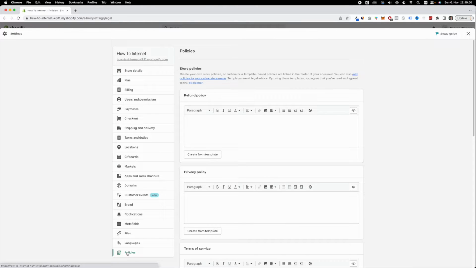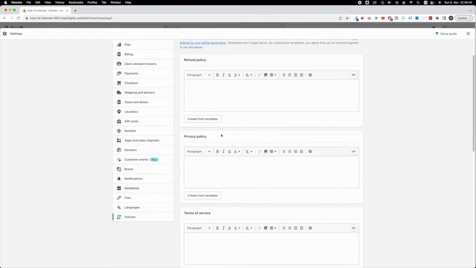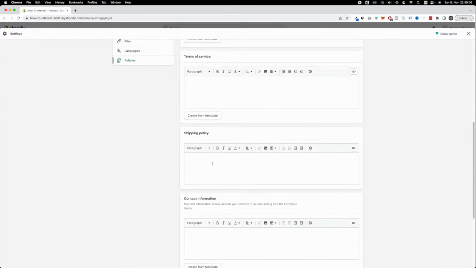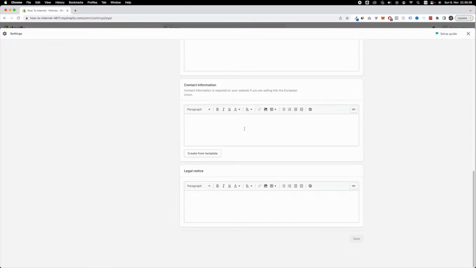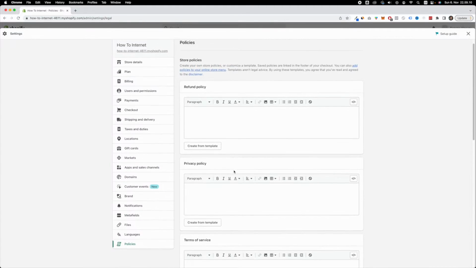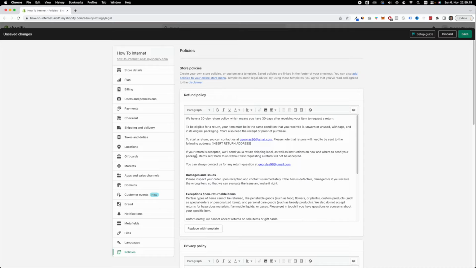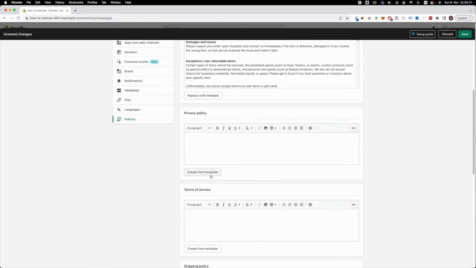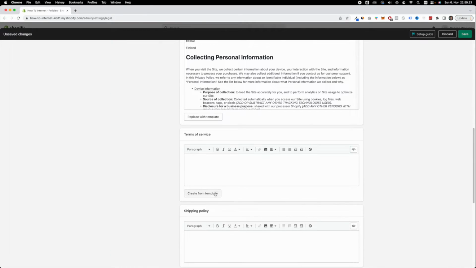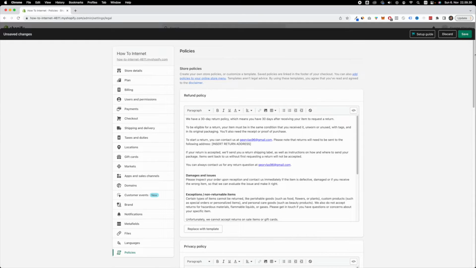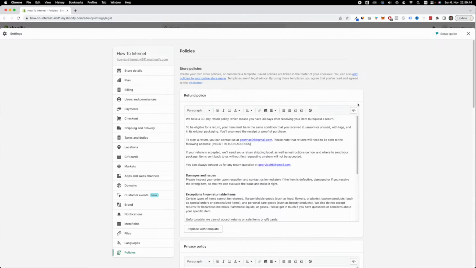Once you click Policies, you're going to see that you have the option to choose to add a refund policy, privacy policy, terms of service, shipping policy, contact information, and a legal notice. So actually, Shopify gives us the ability to create from a template, which is really handy. All you got to do is just click this button right here, and it's going to add this for you. Then you can do the same for privacy policy and for terms of service. Once you've done this, you can simply click Save at the top right corner,